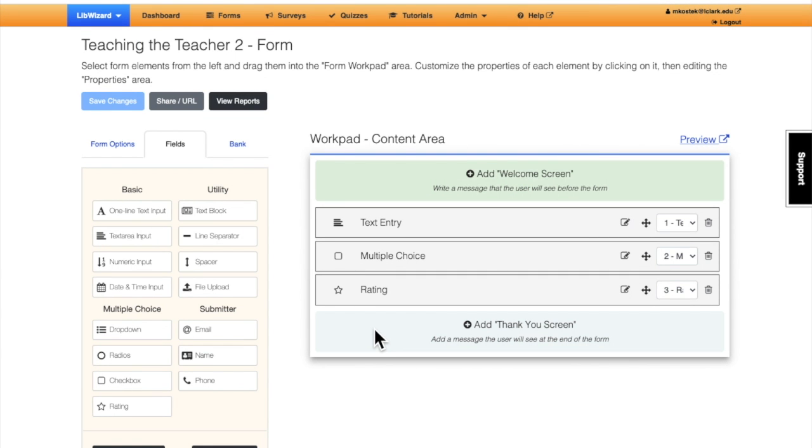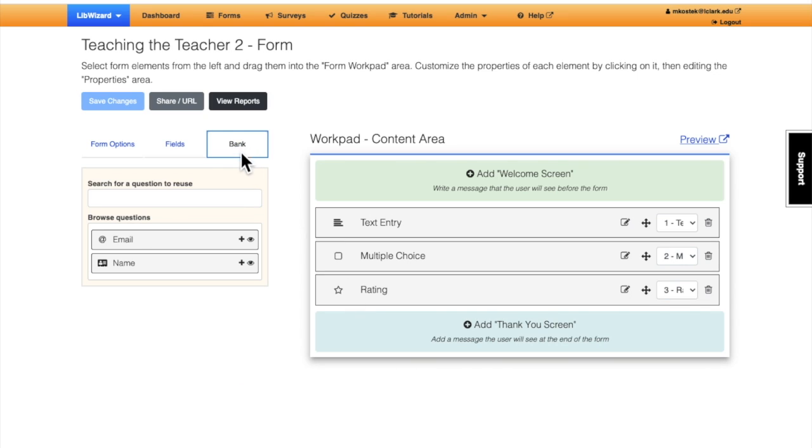The next section is Submitter. This contains fields for names, email, and phone number. I have saved these questions to my question bank, so they always have the same format. You can go to Bank. You can search for the questions. I only have 2, so I can just add them